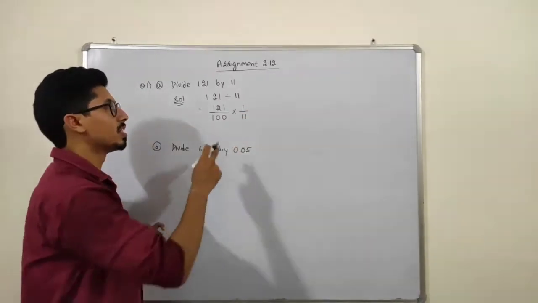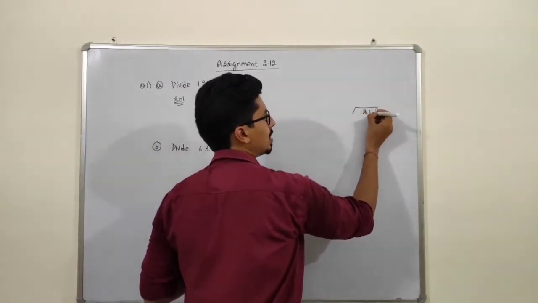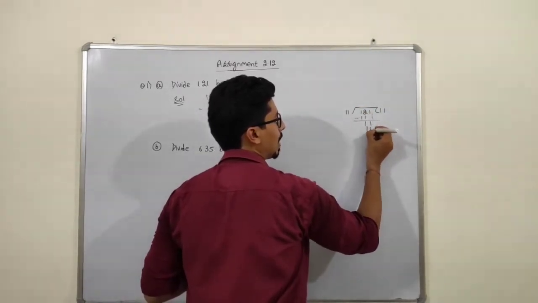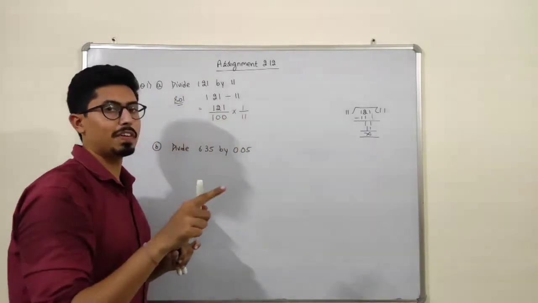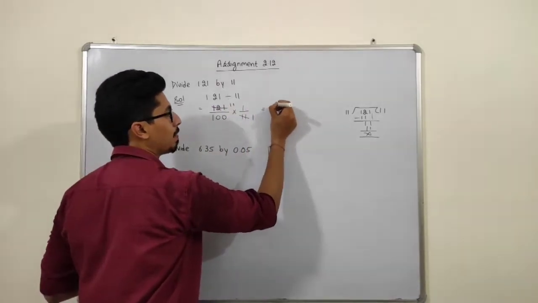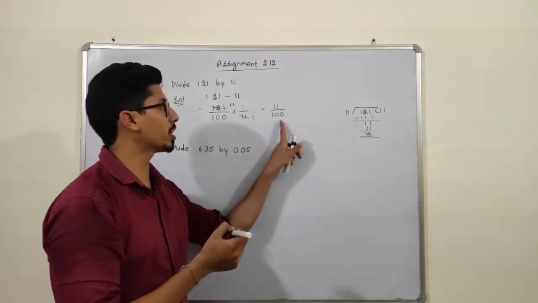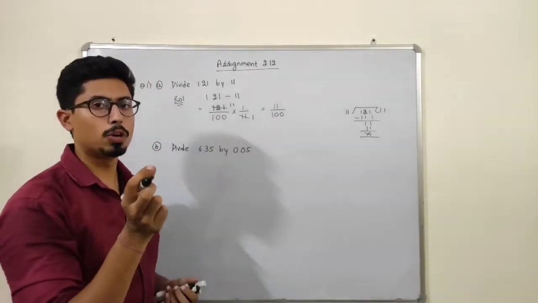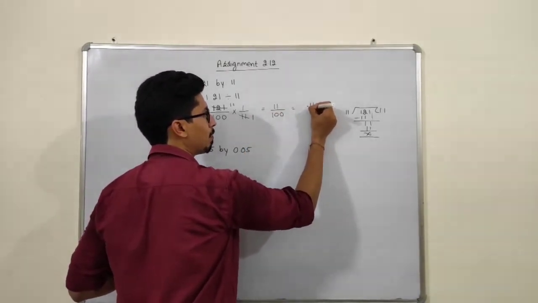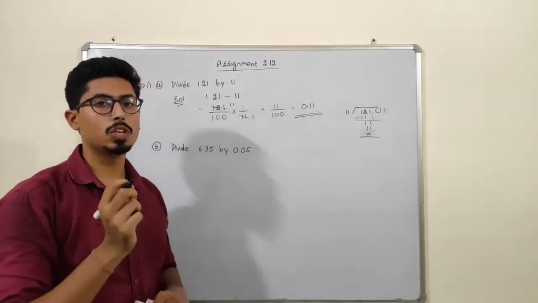Okay. So students, if I just divide 121 by 11, okay, 11 ones are 11. If I just subtract them, it will be 11. Okay. So if I just divide 121 by 11, it will be 11. So now we have 11 upon 100. Now in the denominator portion, we have two zeros. So we have to put the decimal before two digits. So 1 and 2. So it can be written as 0.11. Okay. So the answer is 0.11.